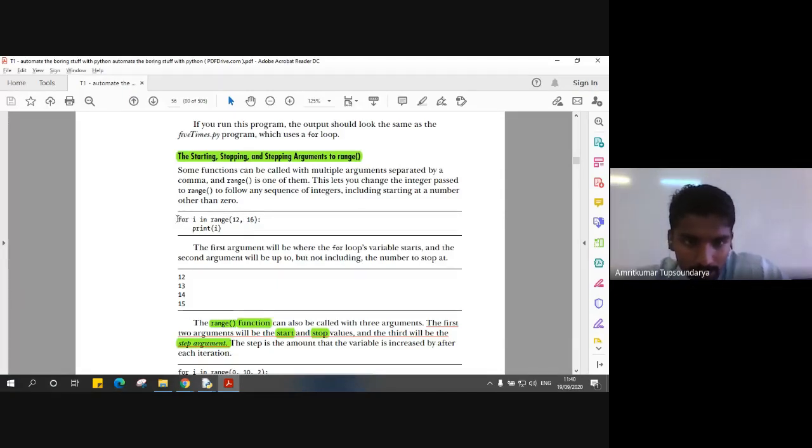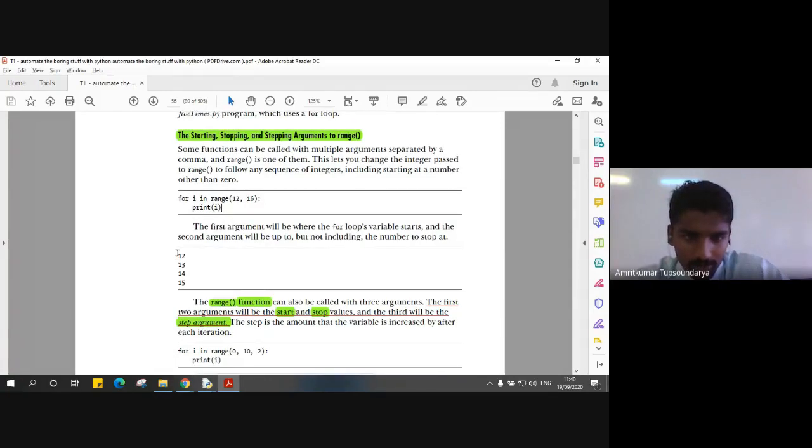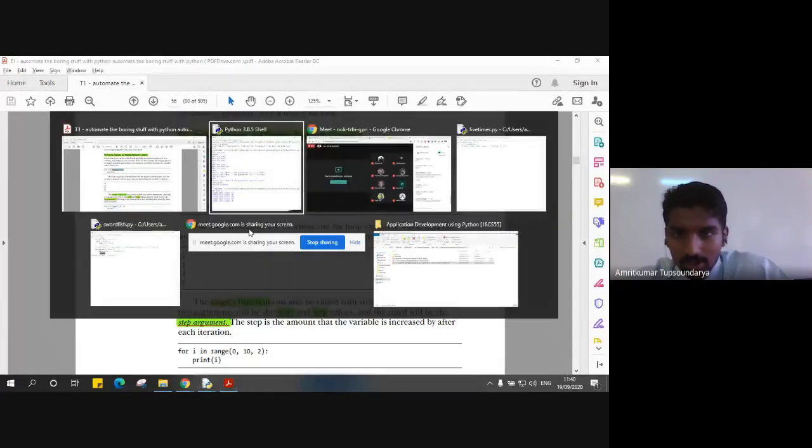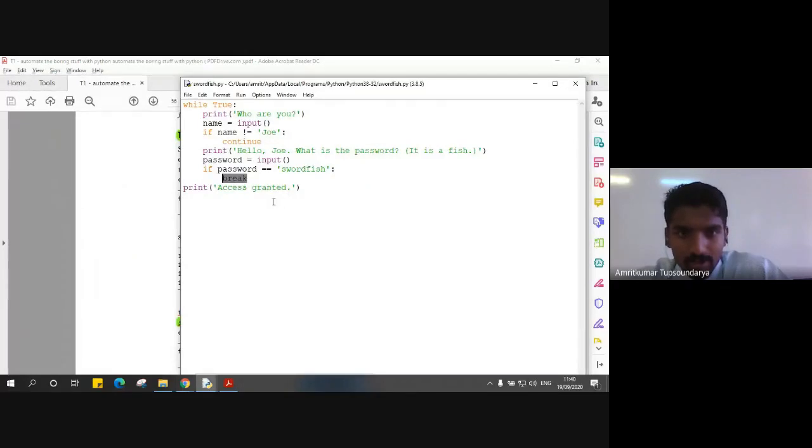So let's have a simple program printed. Since the output is already here, we'll just discuss this program. It's a simple for loop with a variable i in range 12 to 16. So you can spot a difference in range here: in our previous program, the 5 times program, we just gave the range value as 5. Let me show you the program.